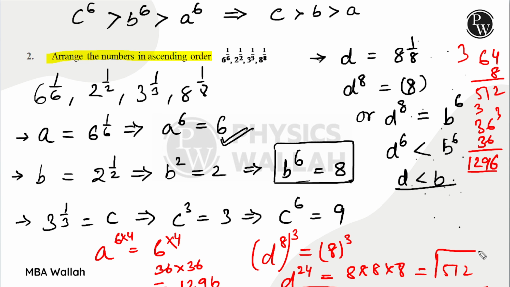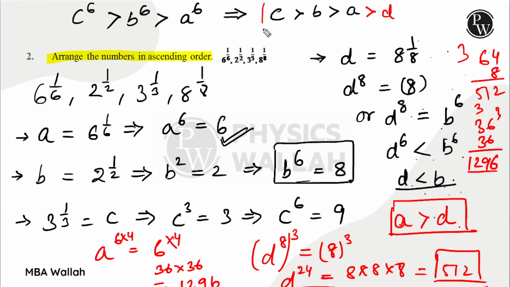However, this is only 512. So I can conclude that a is actually greater than d. If you have understood this, what I am saying is a has to be greater than d. ठीक है? आपने देखा है कि हम सिर्फ 2 डिजिट कैलकुलेशन तक ही सीमित थे और हमने सारा कैलकुलेट कर लिया. थोड़ा सा मेटिकुलस है, बट this is definitely doable. So c is greater than b is greater than a is greater than d.